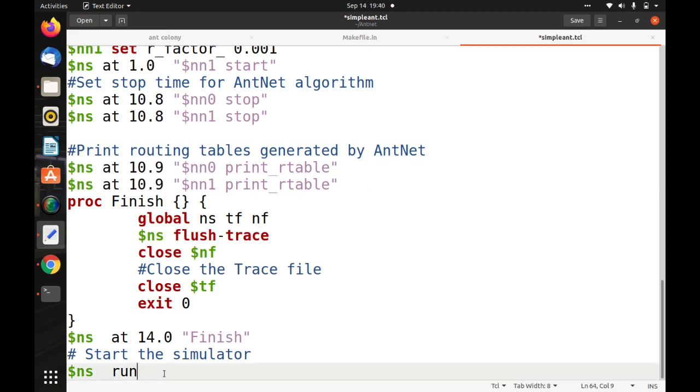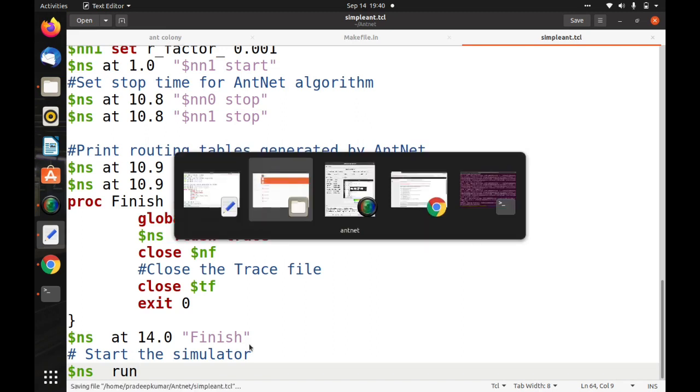A very simple example. So I am not explaining the code line by line. In case you want to understand the entire code line by line, you can refer to my other video as well. Maybe in the description window I will be giving you the video links as well. Okay, so now I will be running it.